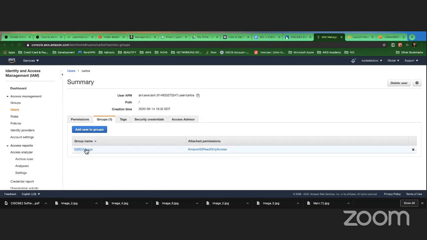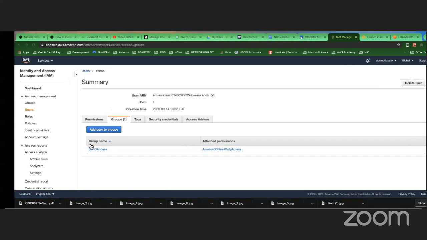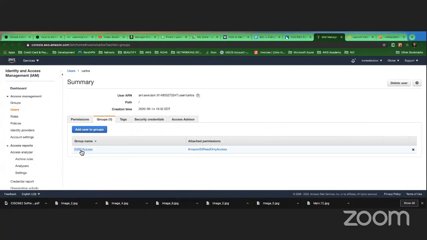So I can control that with IAM. It's good practice to create users, create groups, give the group the permissions, and then put the users inside. When the user leaves or is finished with the project or a contract, you just remove the user from the group, and that's it. Done.